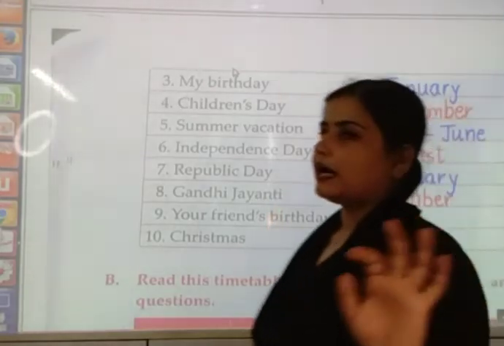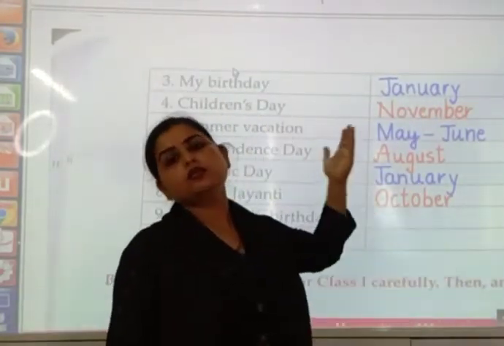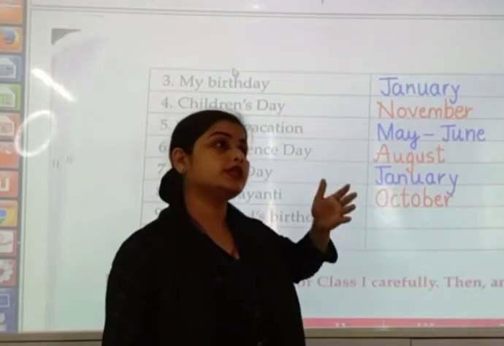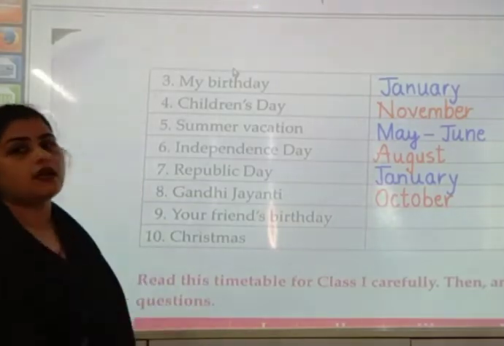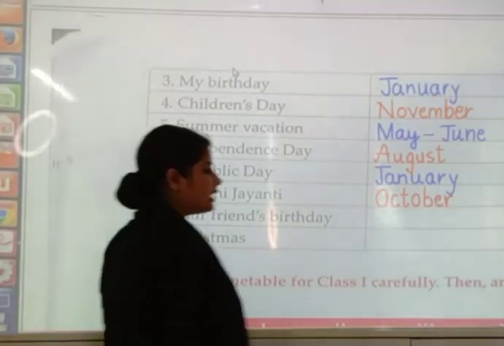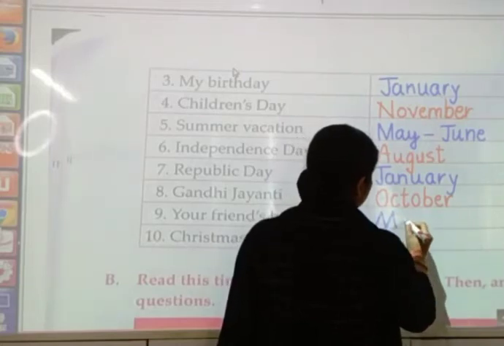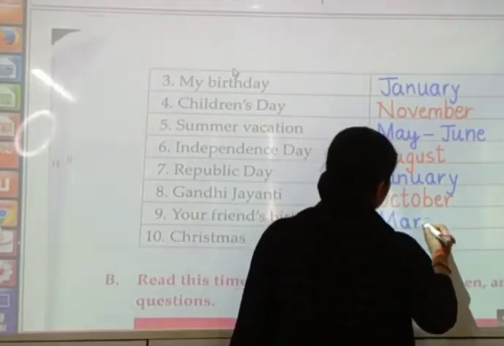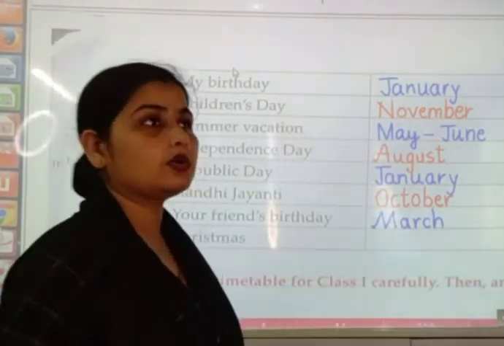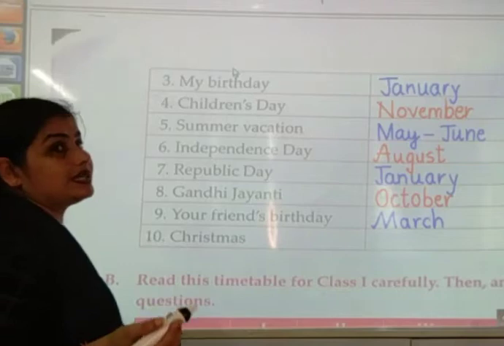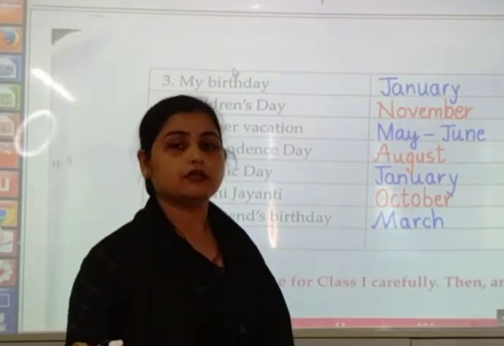You will write any of the months here. आप अपने फ्रेंड से उसका बर्थडे पूछकर वो मंथ डालेंगे. Suppose your friend's birthday occurs in the month of March. अगर मार्च में आता है तो you should write MARCH. हो सकता है किसी के फ्रेंड का बर्थडे जून में आता हो, किसी का अक्टूबर में आता हो, किसी का दिसंबर में आता हो, किसी का जुलाई में आता हो. तो same month you have to write here.